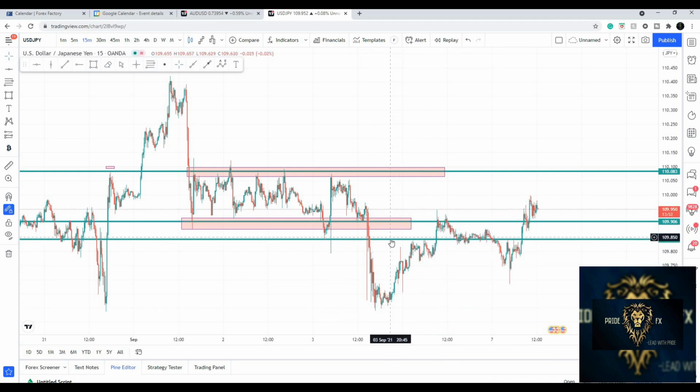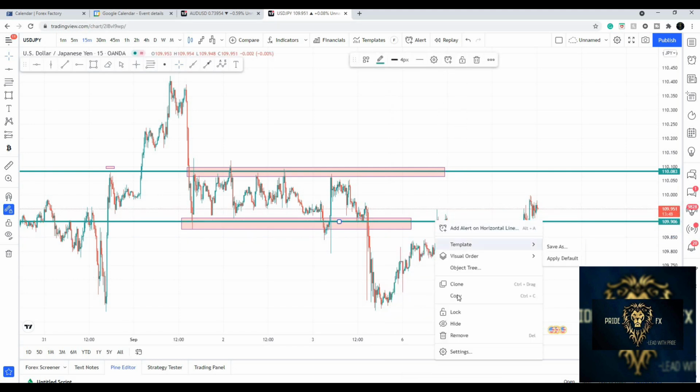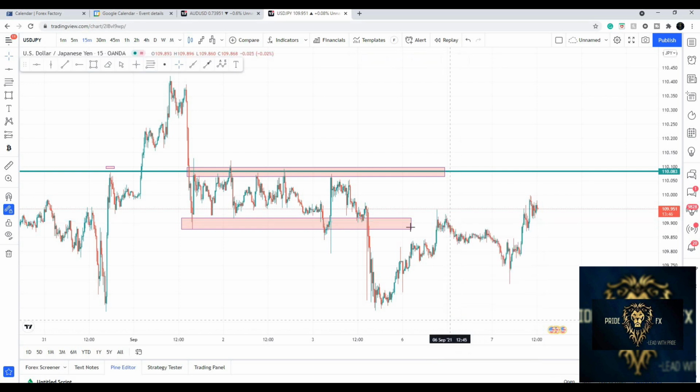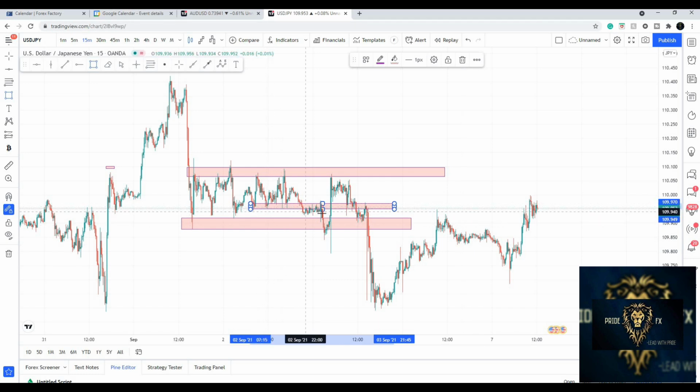So all I want to do is just delete all these lines. They're looking a little bit confusing, and I don't want to lose you, right? So let's just delete these lines and let's get back to it. So I said there is another support there. We can draw that in as small as we can because I don't want to distract you. So here we have our new support structure.